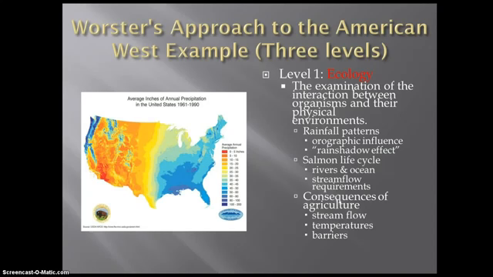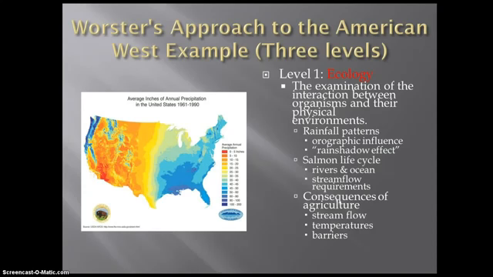This is essentially, if you get west of this 99th meridian, you start to see large parts of the American landscape that get by with less than 20 inches of rainfall each year. Now you see over here on the west coast where we live that there's actually quite a bit of rainfall. And this has consequences for our salmon, right? There's a reason why salmon tend to be somewhat abundant in this area and not so much in here. Part of it has to do with our landscape and landforms and mountains that provide barriers, but also has something to do with precipitation, and in this case the relative lack of precipitation.